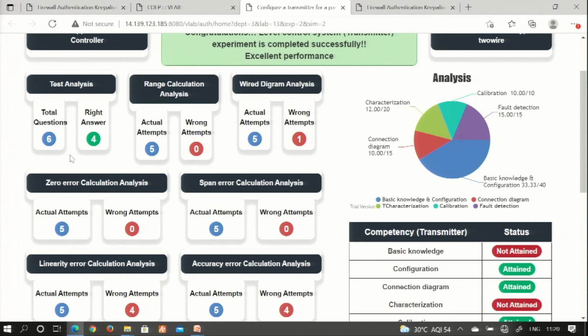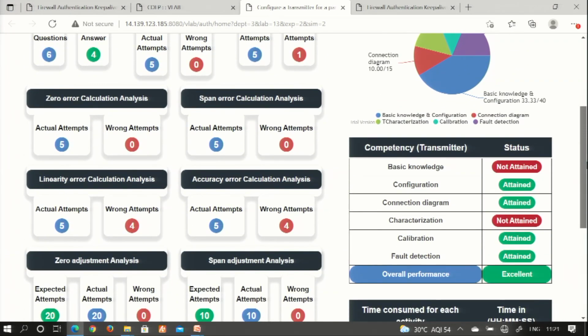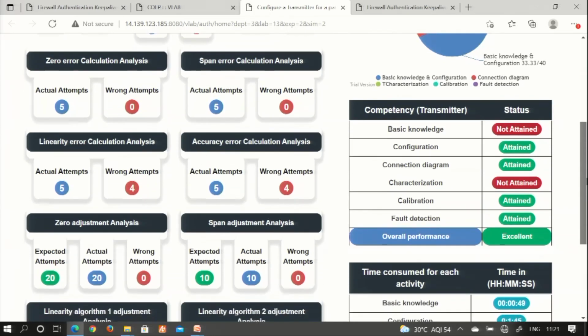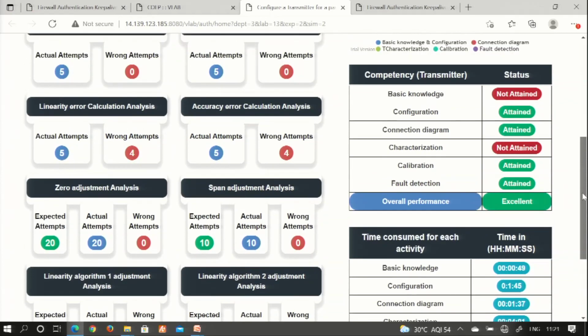For example, in test analysis, total questions 6, he has answered 4. Range calculation, golden batch is 5. There were no wrong attempts from the student, so I should appreciate the effort of the student. Wiring diagram, there was one mistake. So, for each activity there would be a dashboard which says which errors and mistakes were there, and then you will come to know that the student is lacking in basic knowledge, it has not been attained. He is lacking in characterization also, but as far as overall performance is concerned, he is excellent,